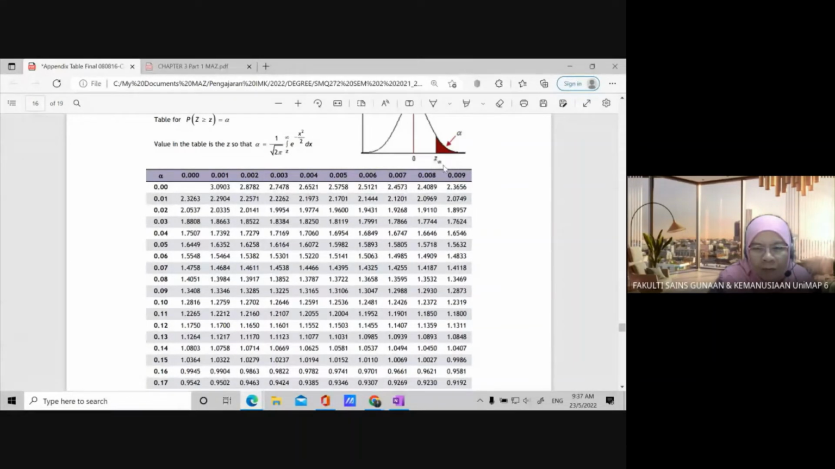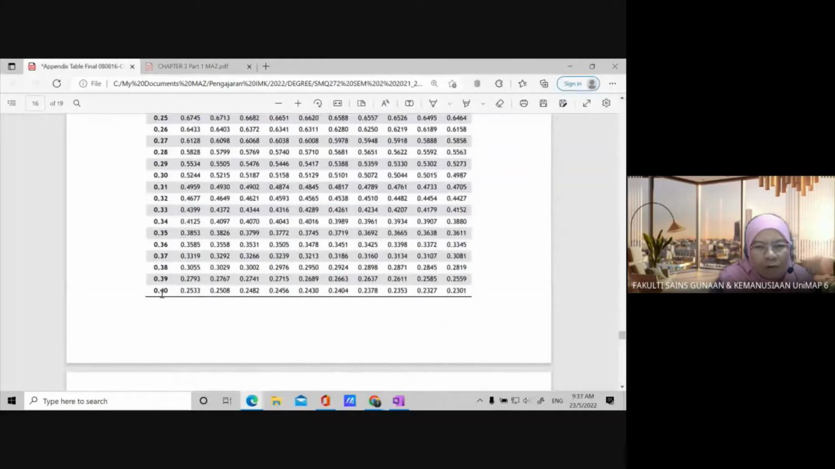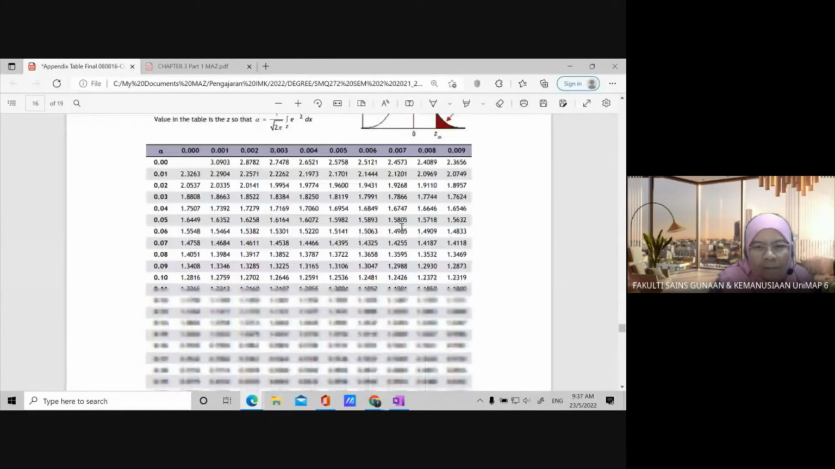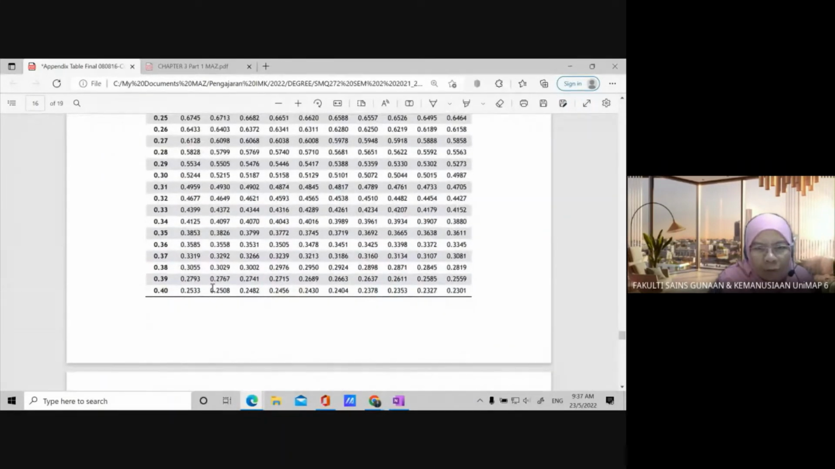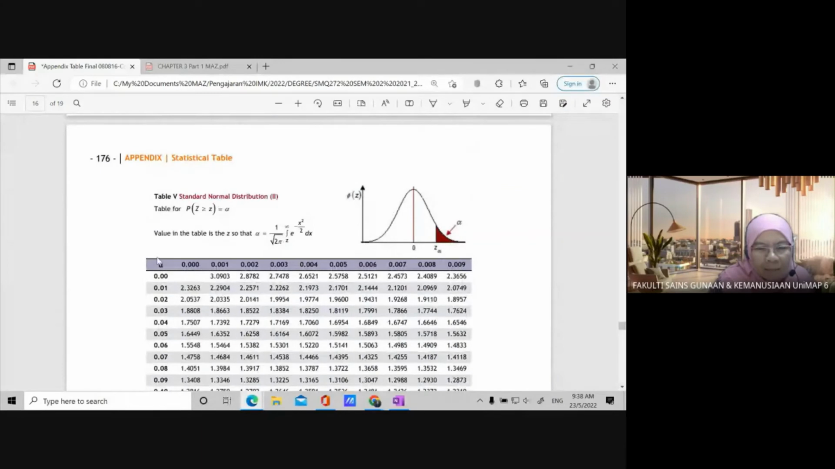So this value is 2.5758. If let's say I'm looking for bigger alpha, the biggest is 0.4. Let's say I'm looking for alpha 0.400. So let's say even bigger here, this value is 0.400. What is the Z value here? The Z value is 0.2533. So class, bear in mind, this is probability value,